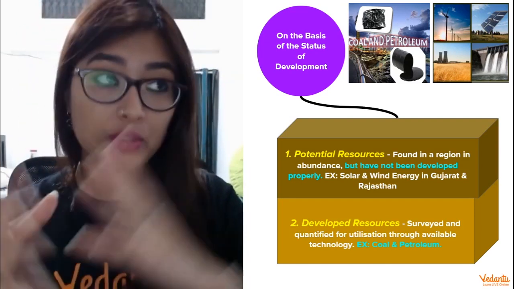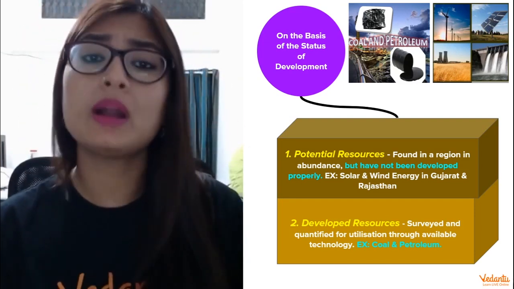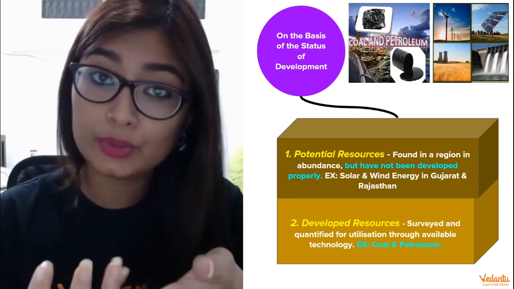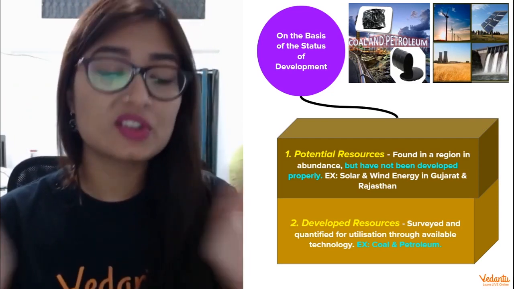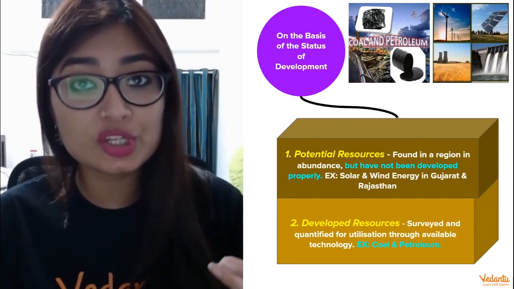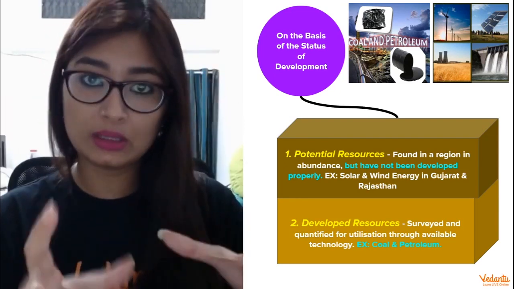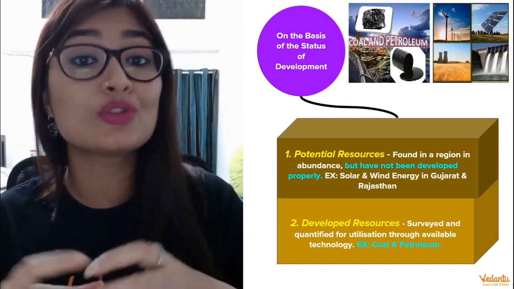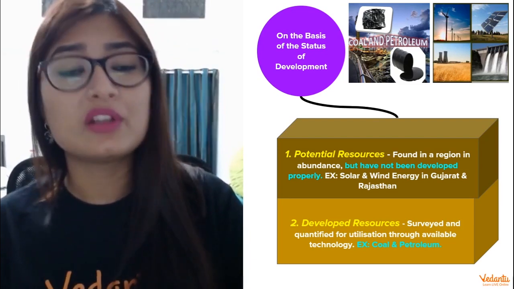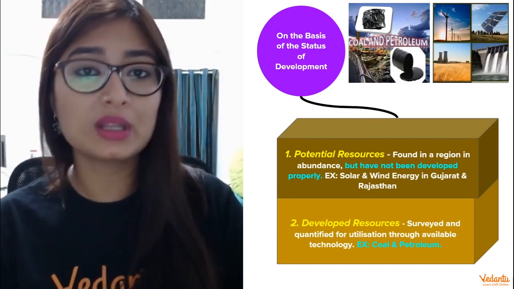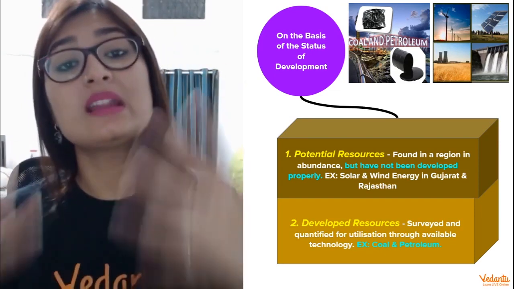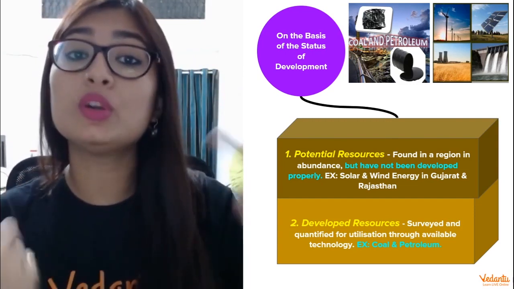used yet. Okay, you will find all of this in enough amount, in abundance, but it has still not been used, has not been developed properly. It doesn't mean that it cannot be used, it's just that it has not been developed properly, or maybe its uses have not been identified as such, and that's why it's a potential resource but is not being used to full capacity yet. For example, the wind energy in Gujarat and Rajasthan, solar and wind energy over there, we know what its uses are, we know that it can create a revolution or a radical change, but we're still not using it because we're exploring how we can do it best.